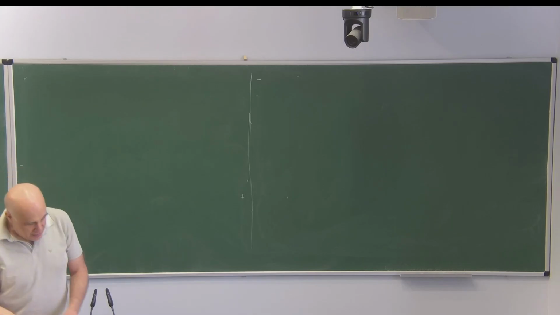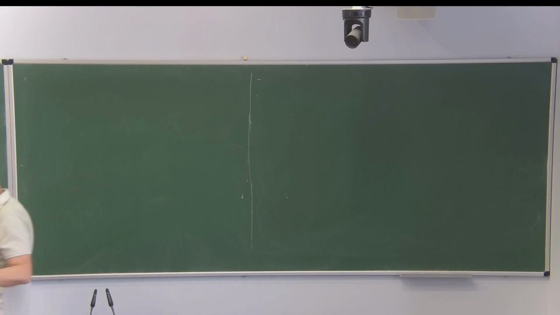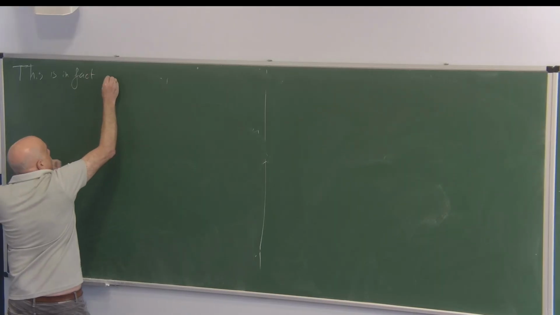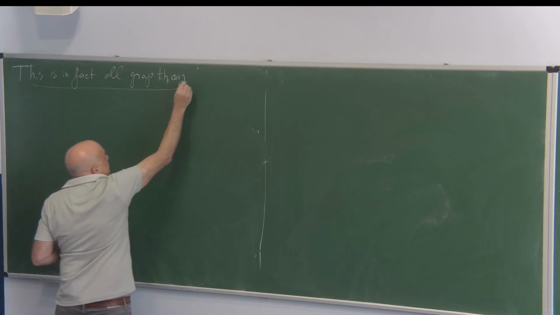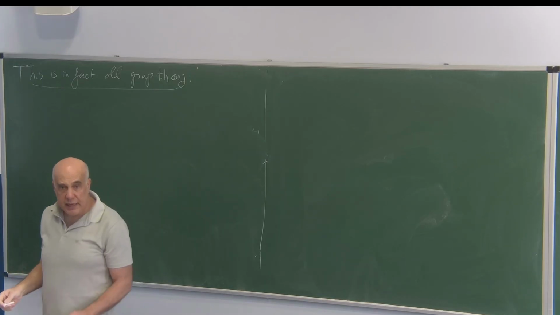And this is already implicit in the original Stuck-Wimmer paper, which essentially implicitly already defines this notion of invariant random subgroups and talks about them, not with this name. This is in fact all just group theory,